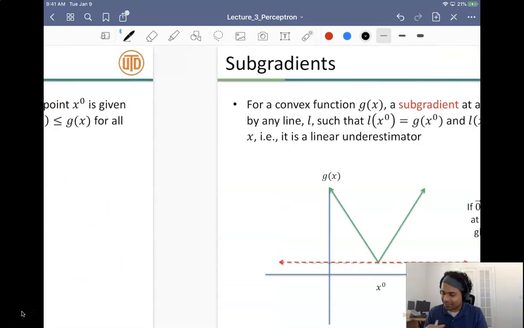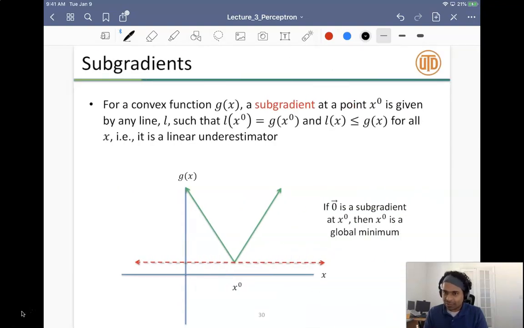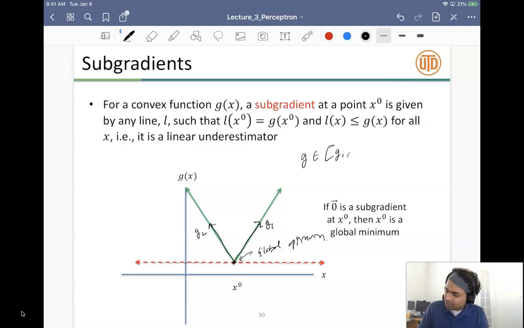This is also a valid subgradient, right? And similarly, you have this zero subgradient. This is also a valid subgradient, right? This is the global optimum of this function, right? So all of these are valid subgradients. In fact, any subgradient from this G1, which is one gradient, to G2, right? Any gradient that belongs to G1, G2 is a valid subgradient over here.